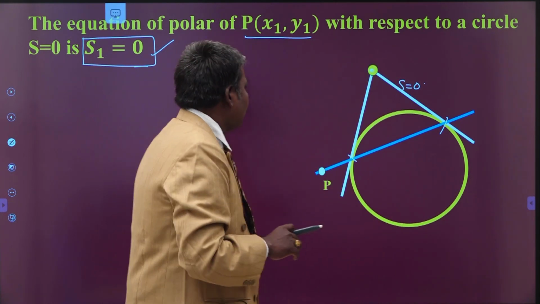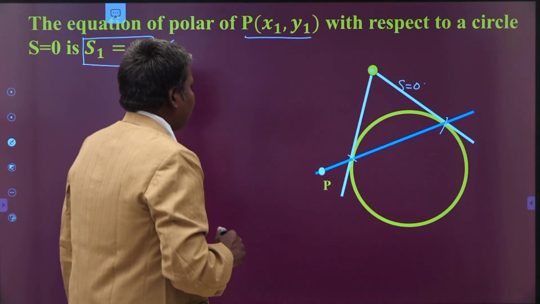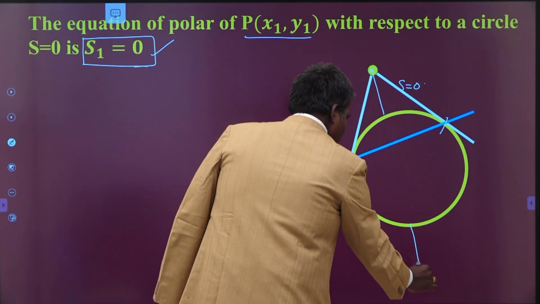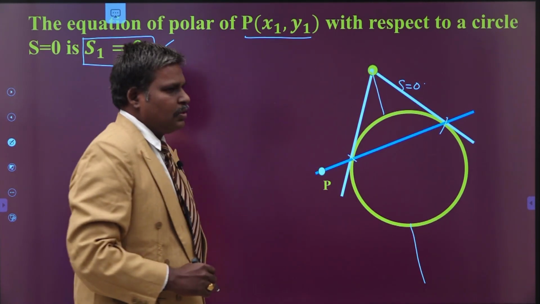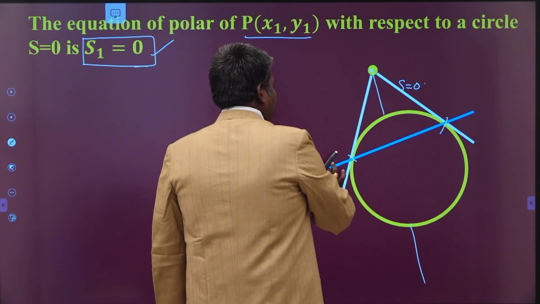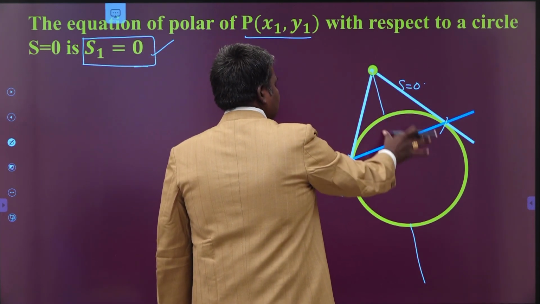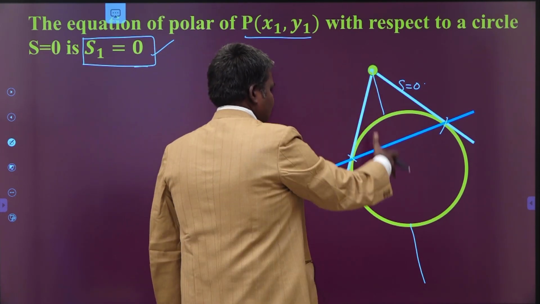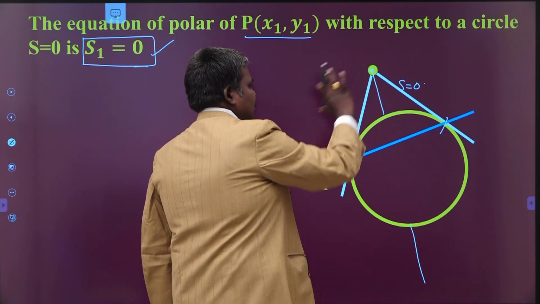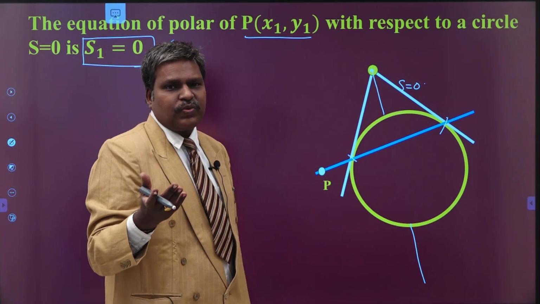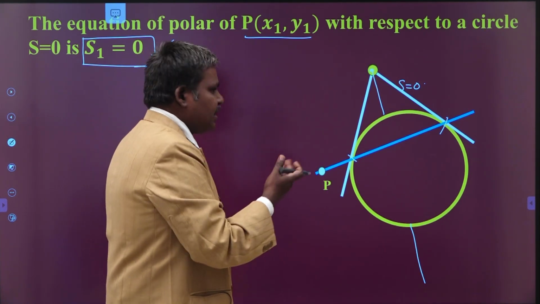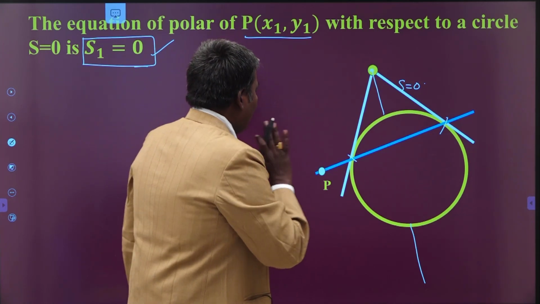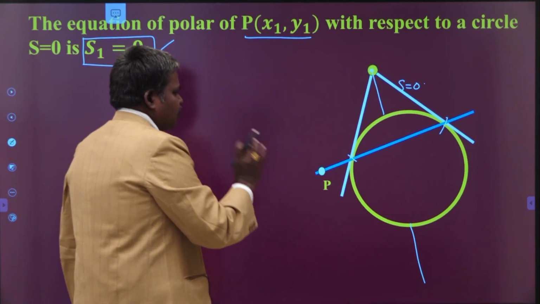Understand? Okay. Now, we are going to find out the locus of this point. You may get it in this manner. So this portion does not happen because the point is outside. There is no point of intersection of tangents in between the circle. That's why you get the locus in this manner. We are going to show that it is S1 equal to 0. Already we know that S1 equal to 0 represents a linear equation in x and y, always a straight line.